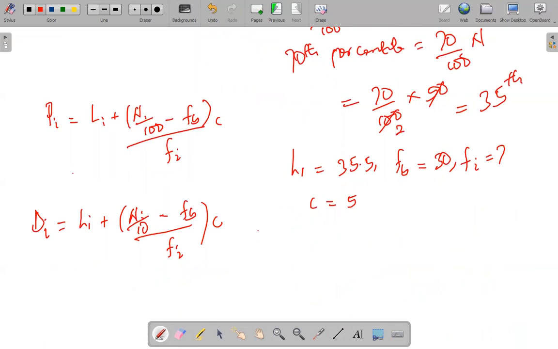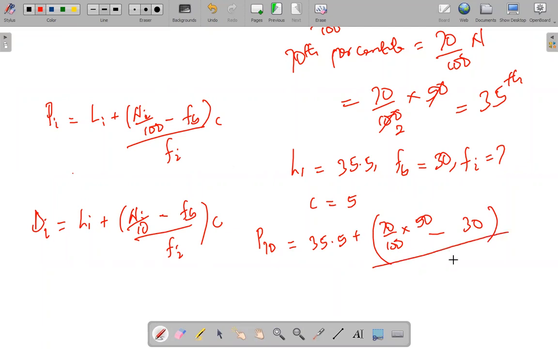Therefore P70 will be 35.5 plus 70 over 100 times n, which is 50, minus fb, which is 30, and divided by 7, then multiplied by 5,